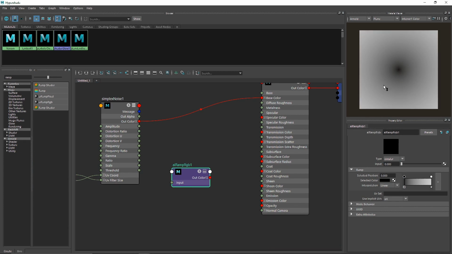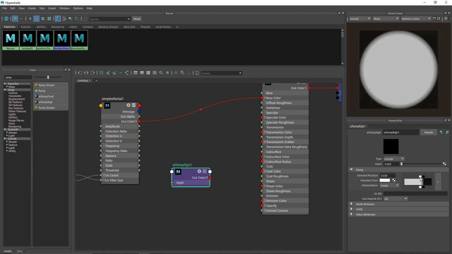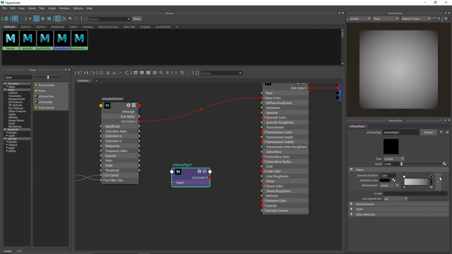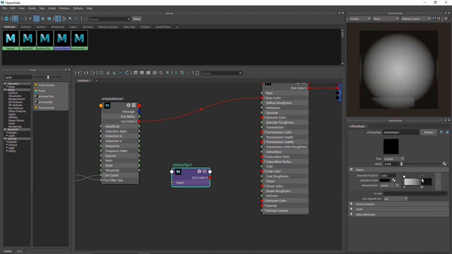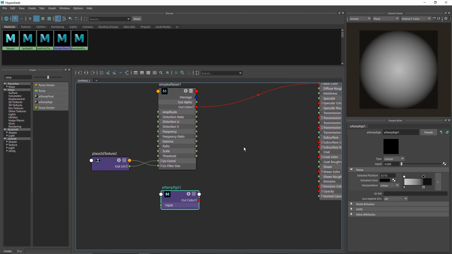Right now the overall gradient is in the wrong direction, so I'm going to invert this by clicking on this color A and dragging it in the negative direction, and I'm going to set my color B to the opposite direction as well. So instead of having this, we are inverting this to something like this. Now what you have is this kind of gradient, and this will be our overall mask to control our effect. I'm going to keep it at something like this and just leave it there.